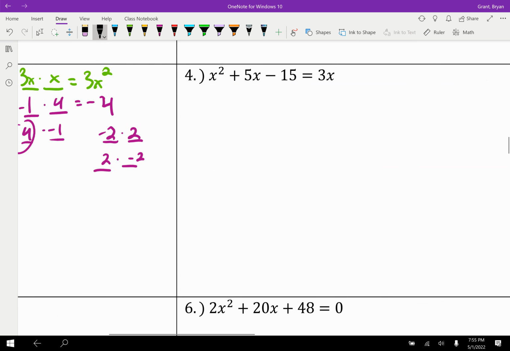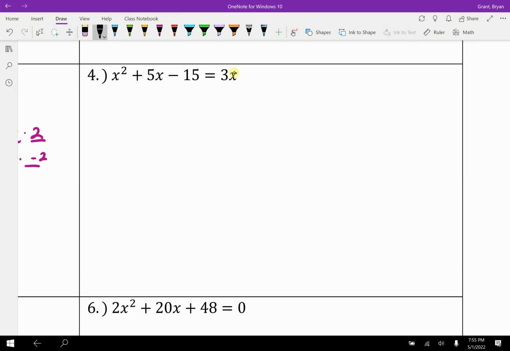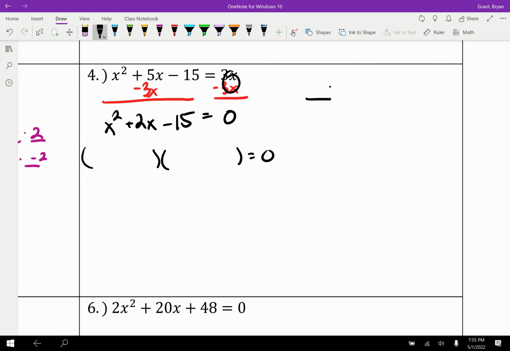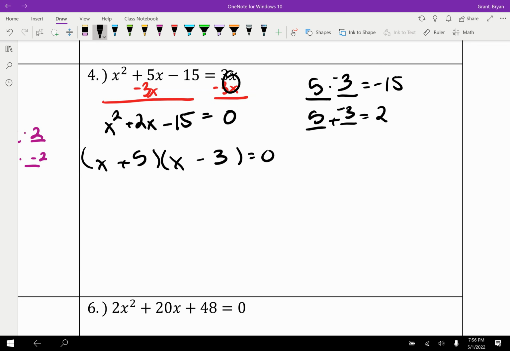Okay, problem 4. This is problem 4, but we're not equal to 0, so we know how to deal with that. We subtract our 3x from each side, right? Something like this. There we go. X squared plus 2x minus 15. And now there's the 1 in front, so factoring becomes pretty easy. What are two numbers that multiply to equal negative 15, but also add to make 2? It's got to be some combination of 5 and 3. There aren't too many numbers that multiply to make 15, and I think the 3 has to be negative. 5 minus 3 is 2. X with a positive 5, x with a negative 3. Two equations,